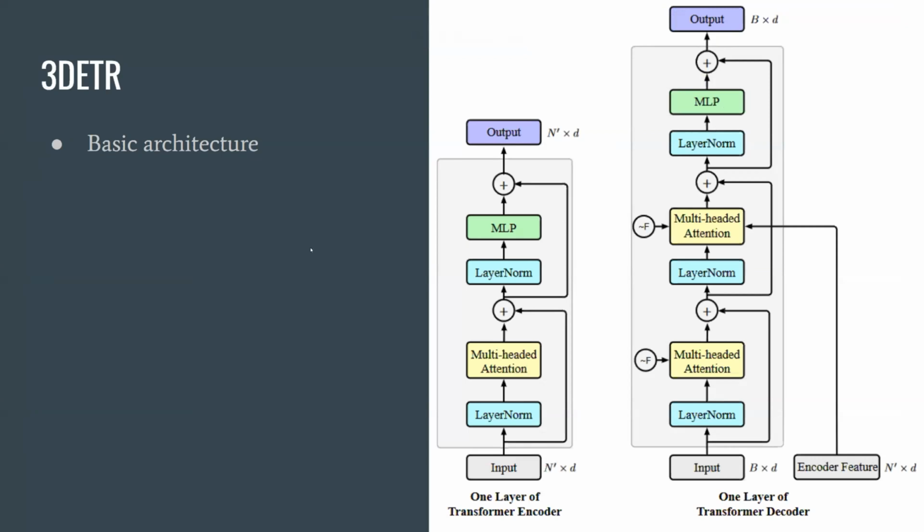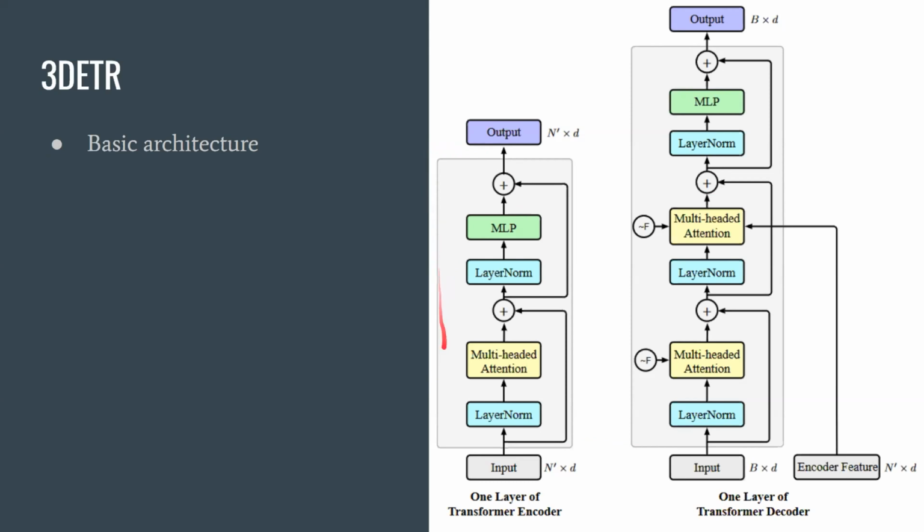Okay. Yes. So our basic architecture is the 3DETR. And so this is the transformer architecture. There is an encoder and decoder process. The encoder is just the normal transformer. We've got multi-head attention. And then the decoder is a normal transformer decoder with, again, some more multi-headed attentions. We will be messing with the encoder in this project. We're not going to do anything to the decoder. This will remain the same through all of our different architectures.